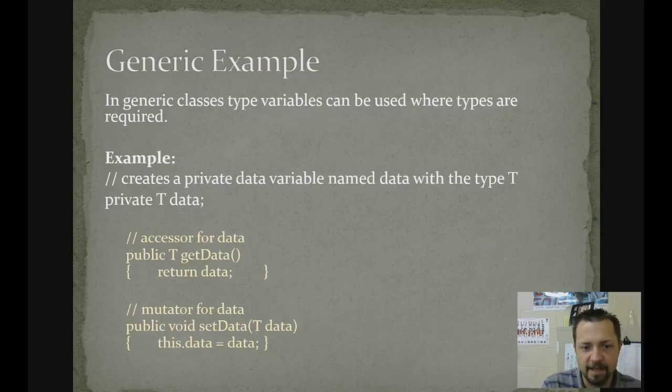public E get(int x). And the int x is the position which you should go to get something, and E is the type of data you're going to get back. And that type varies based on how you created the array list. So here, the return type of getData varies based on what they set the type variable to. Alright, a mutator for data. public void setData(T data) { this.data = data; }